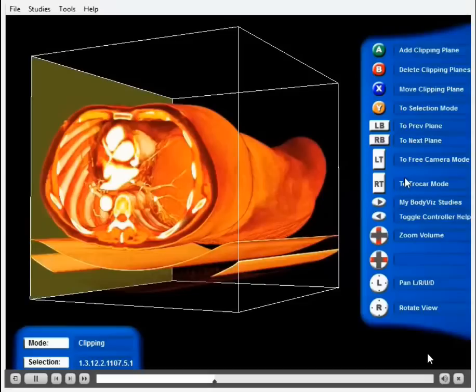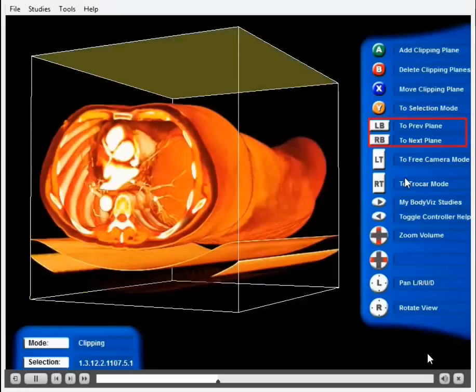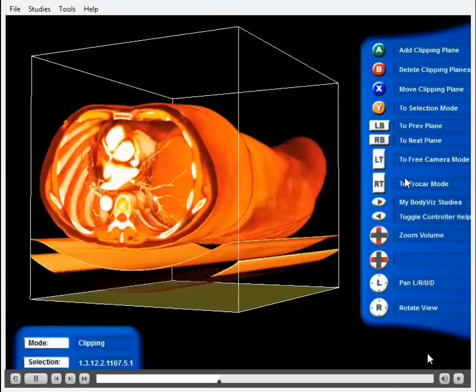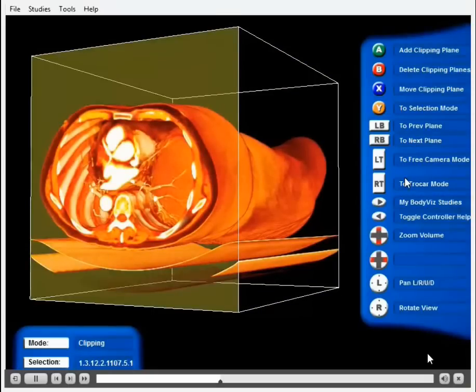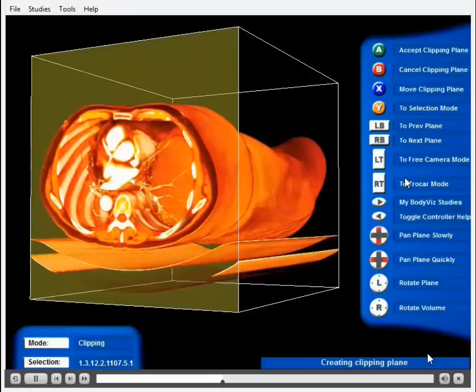So let's change that clipping edge around. I can do this by using the bumper keys, LB and RB. So we'll move the plane around until I like the plane which I'm using, which is going to be this one here. I'll use the green Add Clipping Plane to add the clipping plane to the system, and it says Creating Clipping Plane. And once the Creating Clipping Plane is there, I can use the X key to move the